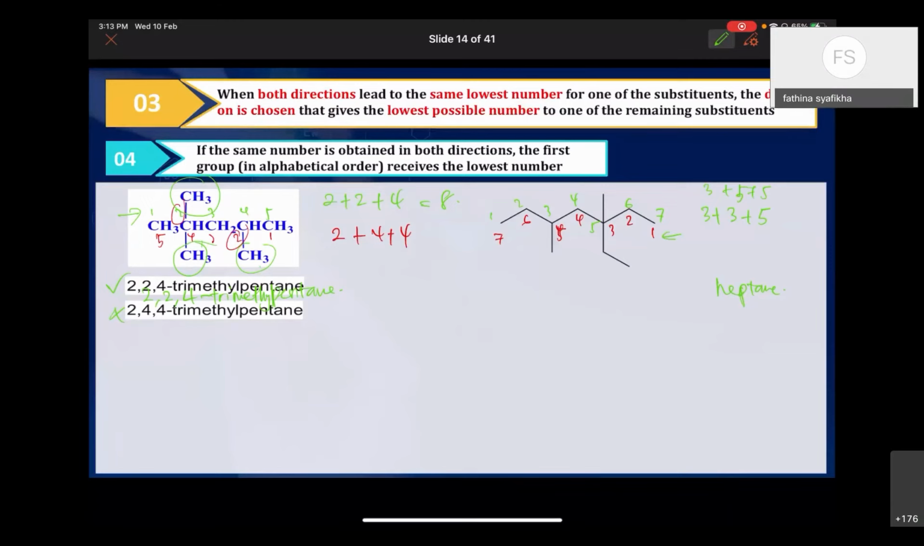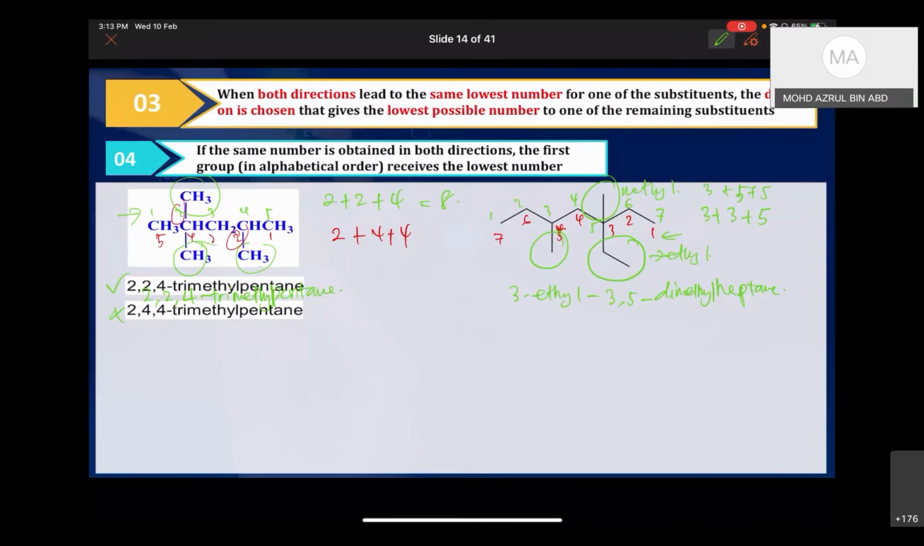Okay, and then if you can see, the substituents attached to the parent chain are methyl, and this one we call ethyl. So between methyl and ethyl, which one will we write down first? Ethyl, because we need to follow the alphabetical order. So the name of this compound is 3-ethyl, and then 3,